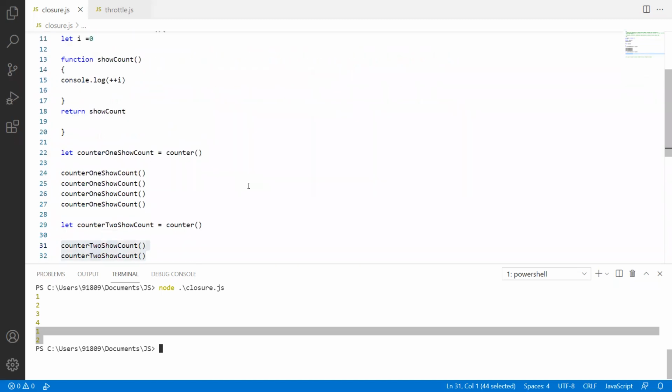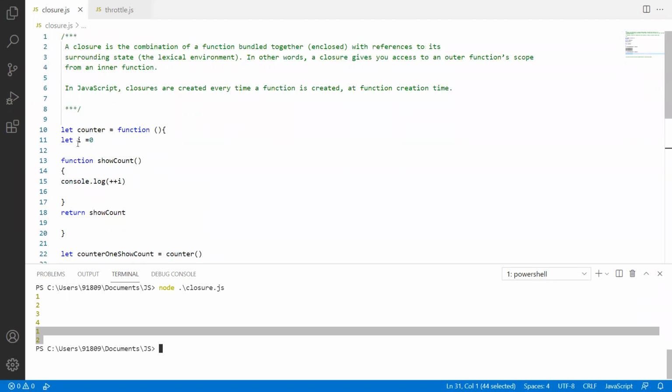So this will be the definition, or the examples you might be seeing in so many forums. But let's say, what is the usage of closures? The main point about closures is you cannot access the i variable directly by using the counter variable. It is just acting like a private variable. So whenever you want something private, that time you can use the closure concept.